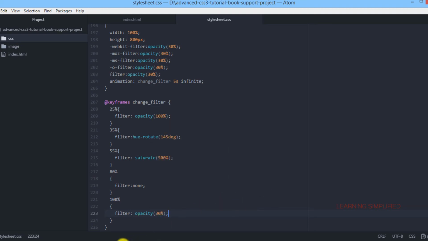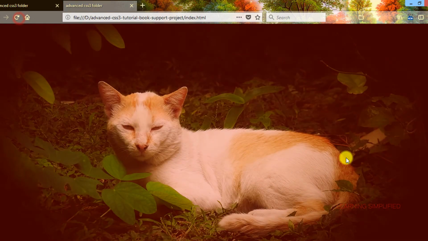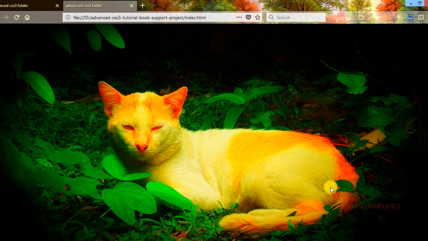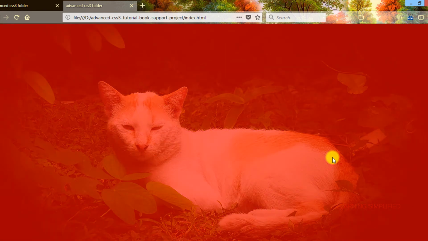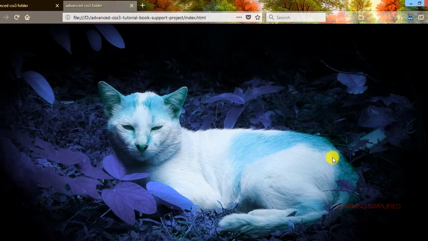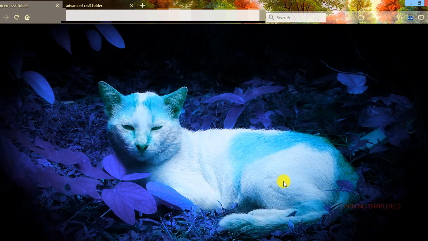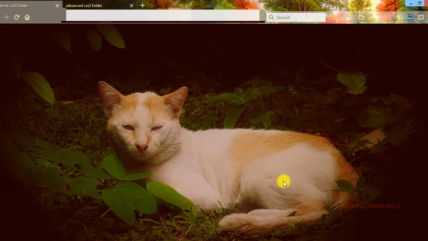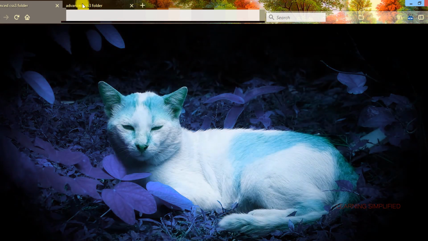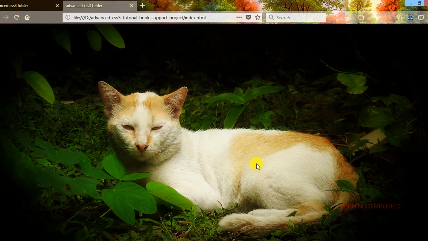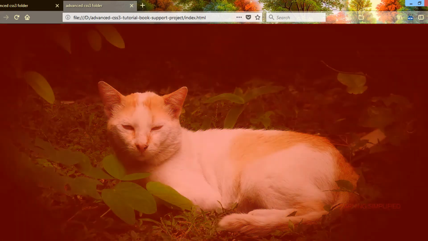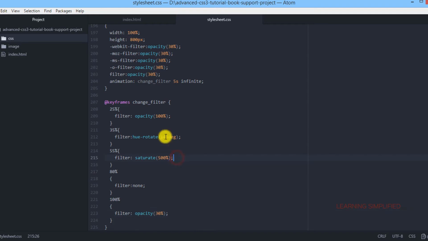Press Ctrl S. Now let's get back to our project and reload. And we can see that these are the changes that have been reflected into our web browser. But if we now look into our previous segment, we can see this animation that has been executed over here. It is much smoother than what we have created. So all we need to do over here is some kind of smoother animation, and that is why we are getting back to our project.